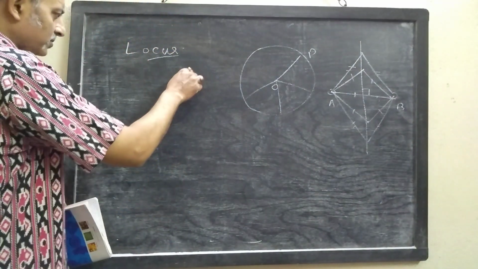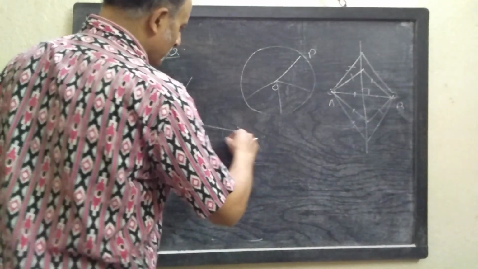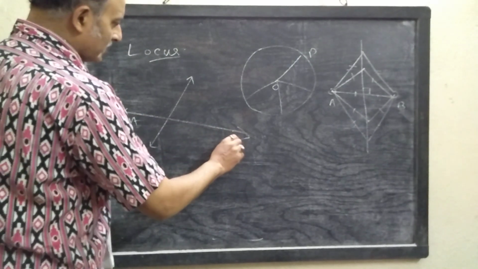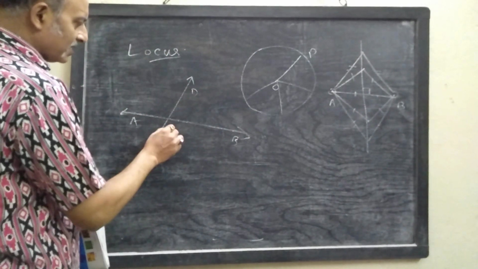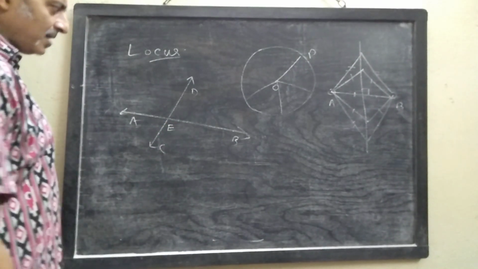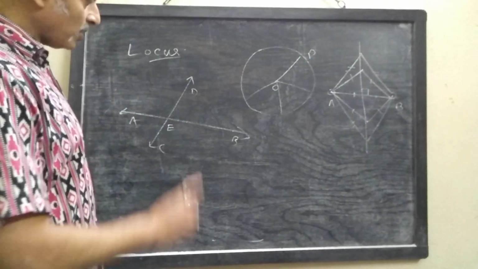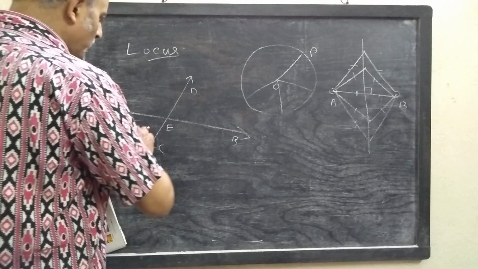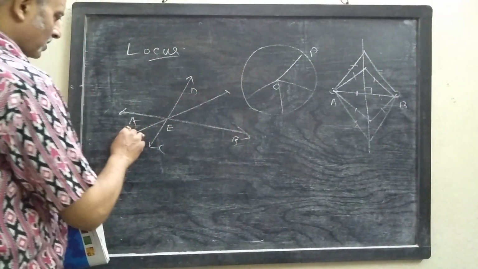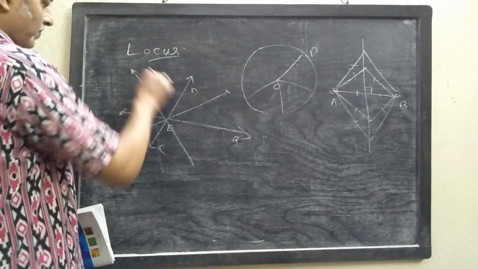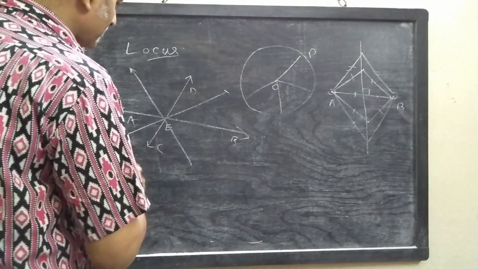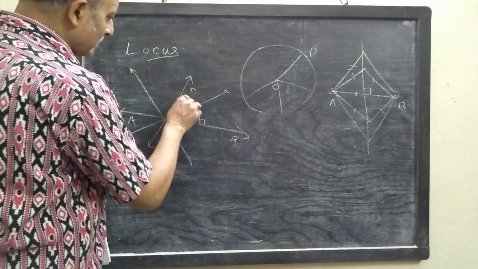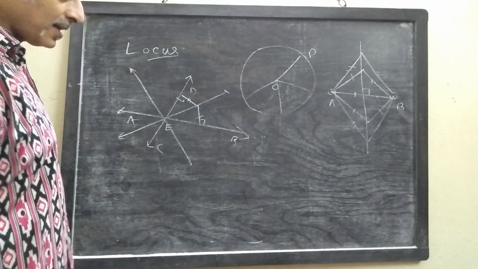Similarly, suppose these are two intersecting straight lines. One is AB, another is CD. They intersect, say, at the point E, and a point is to move on this plane keeping equal distances from these two fixed straight lines. Then you know the locus will be the angle bisectors, one the interior angle bisector and another the exterior angle bisector, because all the points lying on angle bisectors are at equal distances from the straight lines.